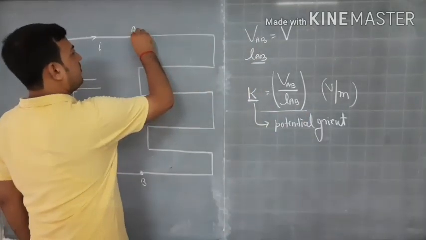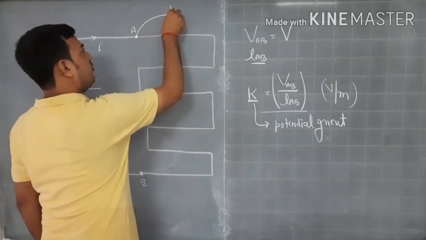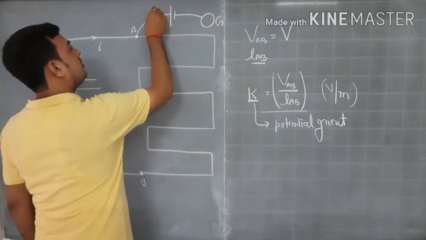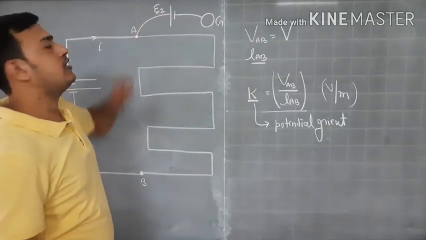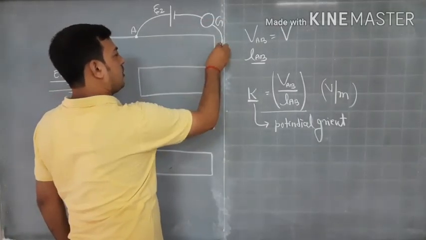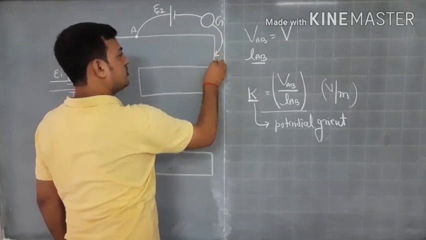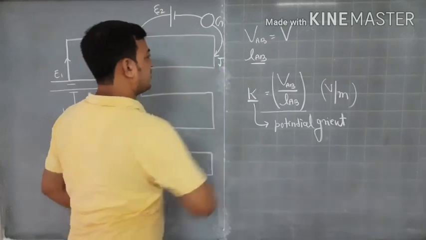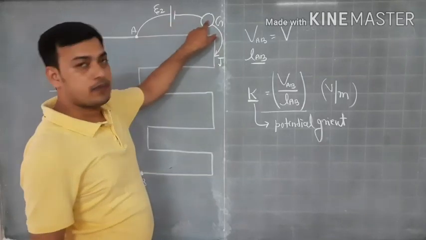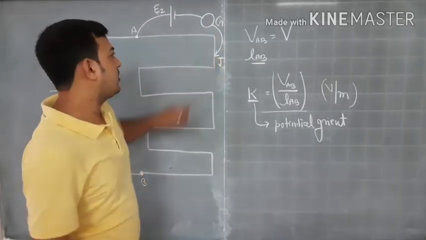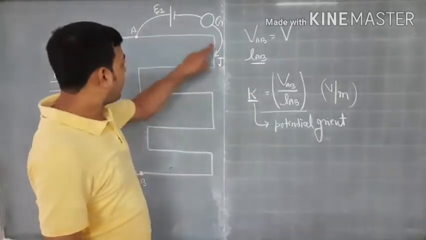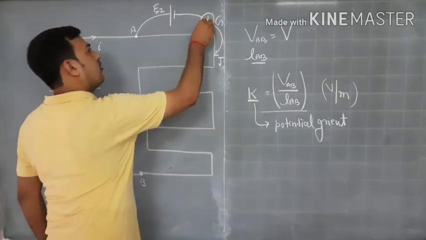Now if I connect a battery of unknown EMF here with the help of a galvanometer, and the EMF of this cell is say E2, what we will do is touch this wire with the help of a jockey. I told you, a jockey is a wedge-shaped device that is used to make contact. So the cell is connected with the help of a galvanometer, one end of the galvanometer is connected to the jockey, and if I touch the jockey on this wire,